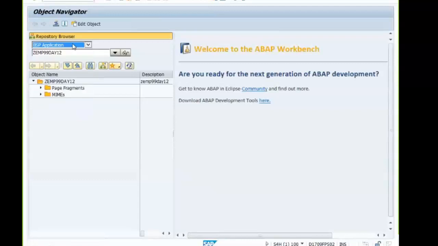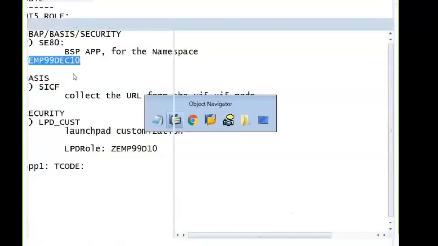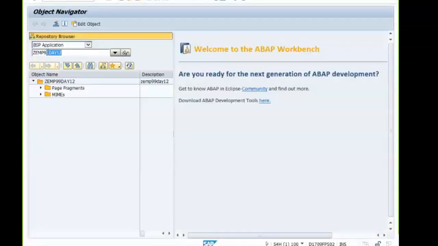In that, select the BSP application and the BSP application name. When I'm in the backend, I don't know the namespace used by the UEFI developer, so I need to check it.